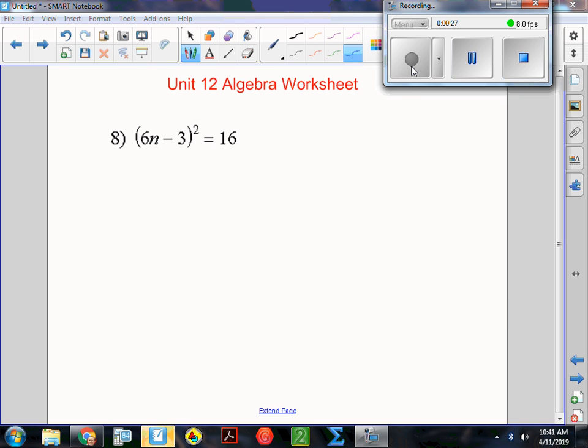But what I really have, and what you should try to recognize, is that on the left-hand side you have something squared, and on the right-hand side you have something squared. So if I start by taking the square root, a number squared and its square root are inverse operations. They undo each other. So (6n - 3) quantity squared, if I take the square root, is simply 6n - 3. And that's going to equal the square root of 16, which is 4, and, very importantly,